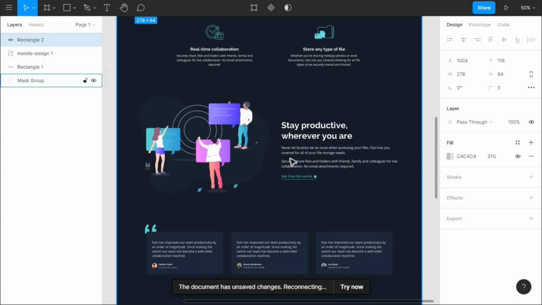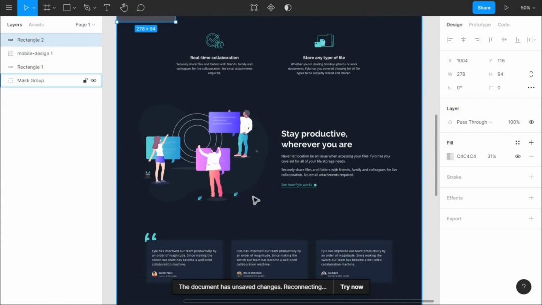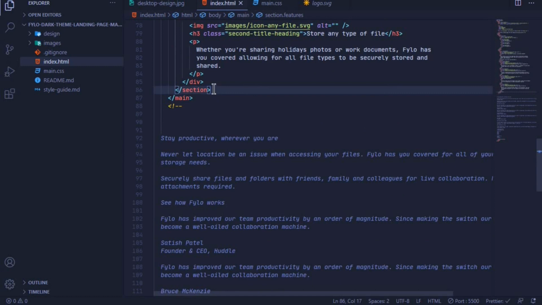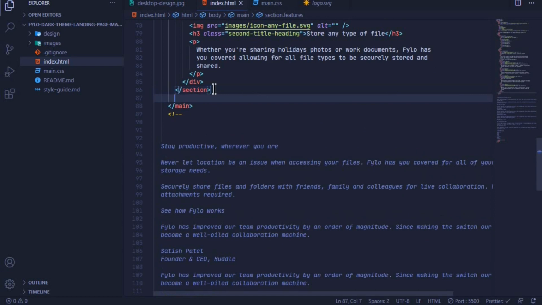And this section, we'll just call it more description. So let's add the HTML for this section. So after closing the features section, I will add a new section with a class of extra-description,